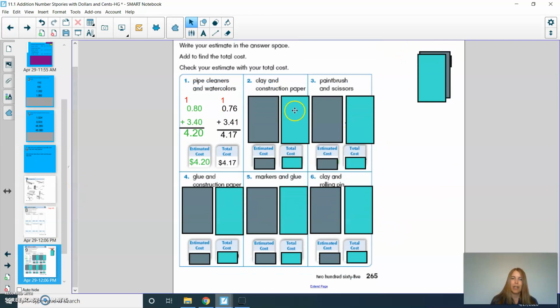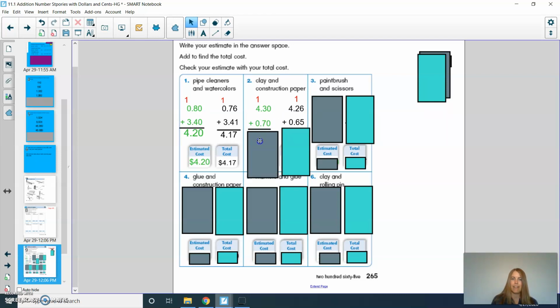All right, boys and girls, so when I'm solving for clay and construction paper, I found out the prices were $4.26 plus 65 cents. When I'm rounding those, I'm going to round $4.26 to $4.30. I'm going to round 65 cents to 70 cents. I know 0 plus 0 is 0. 3 plus 7 is 10. Notice how I carried my 1, put my 0 below, and then 4 plus 1 was 5. So giving me an